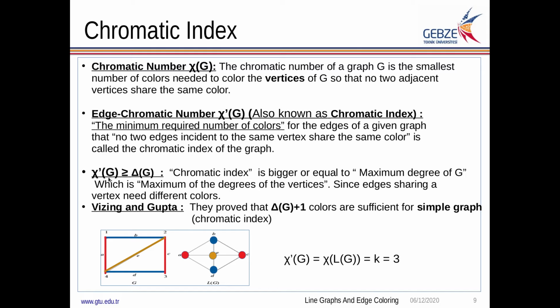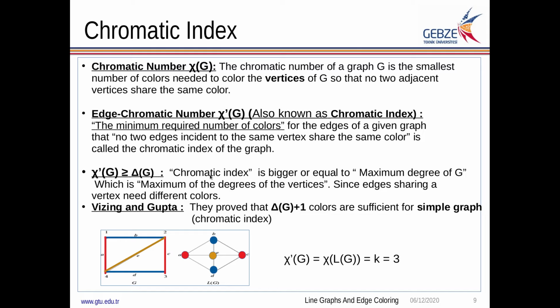And as a result, normally chi prime of G is bigger than delta of G. Delta of G is the maximum of the degrees of the vertices. Here, for example, vertex 2 has degree 3, and vertex 4 has degree 3, and others have 2. So the maximum is the degree 3,